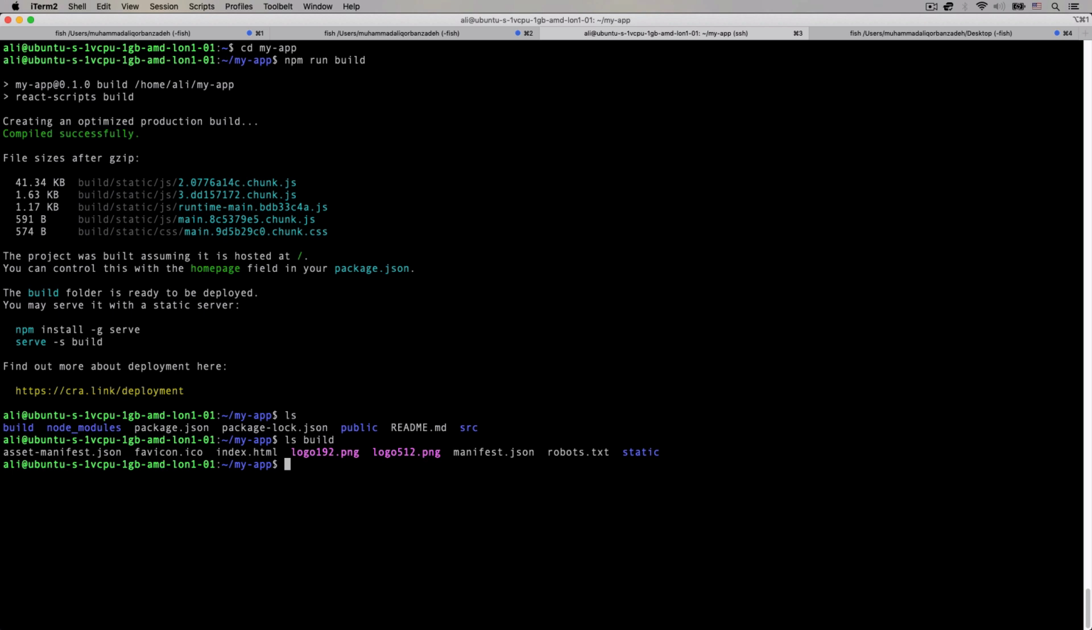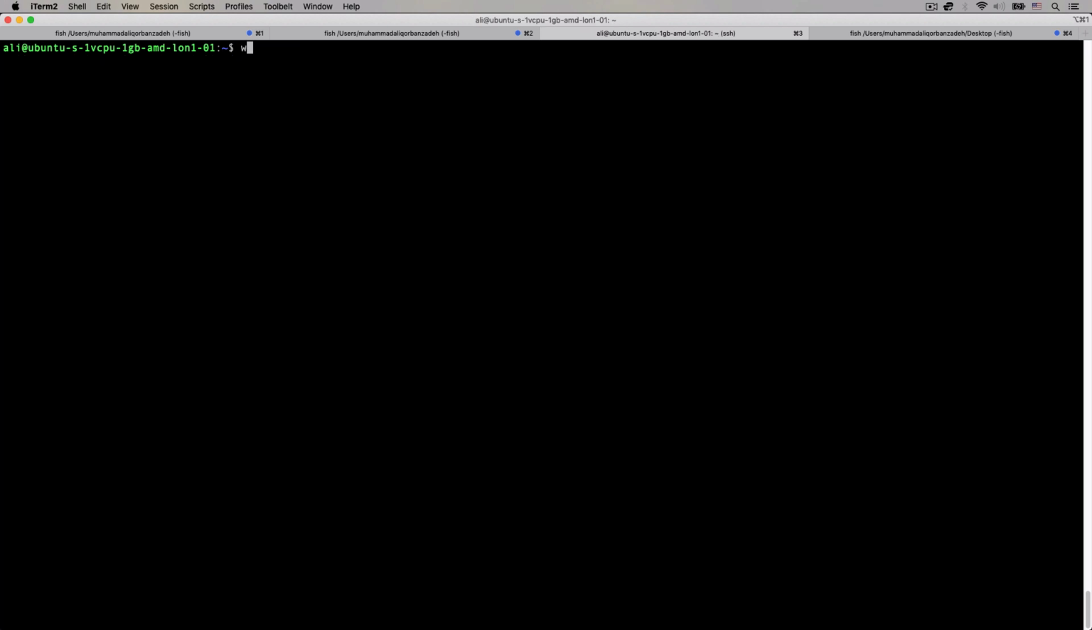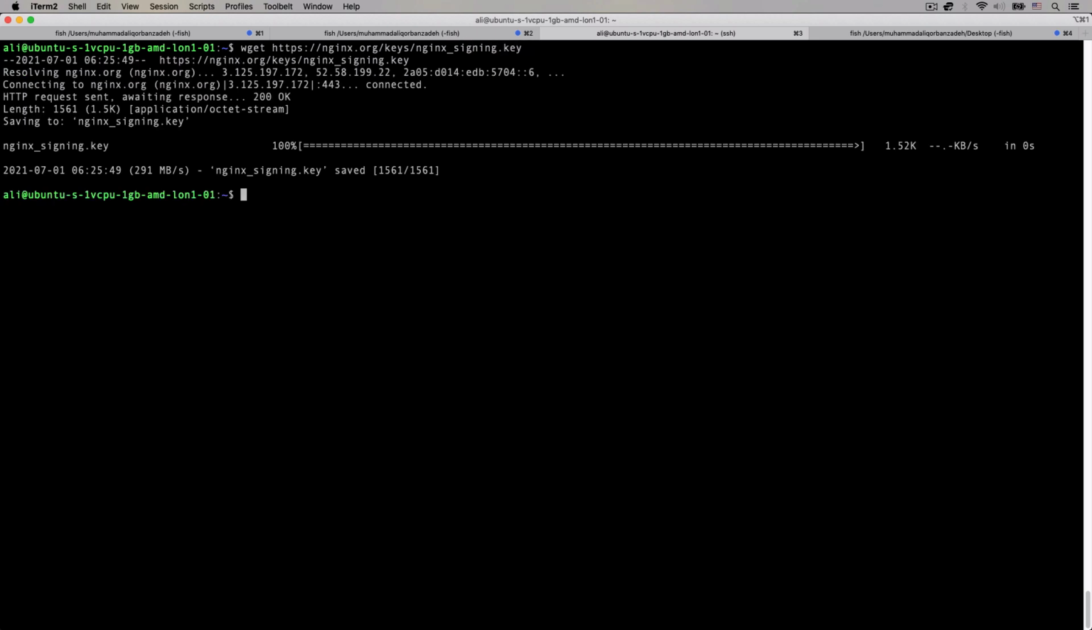But to deploy it, we need a web server software too, like Apache or NGINX. And in this video, I'm going to use NGINX. So let's install it. To install it, type cd to get to the home directory, then wget https://nginx.org/keys/nginx_signing.key and sudo apt-key add nginx_signing.key, type your password, then type sudo vim